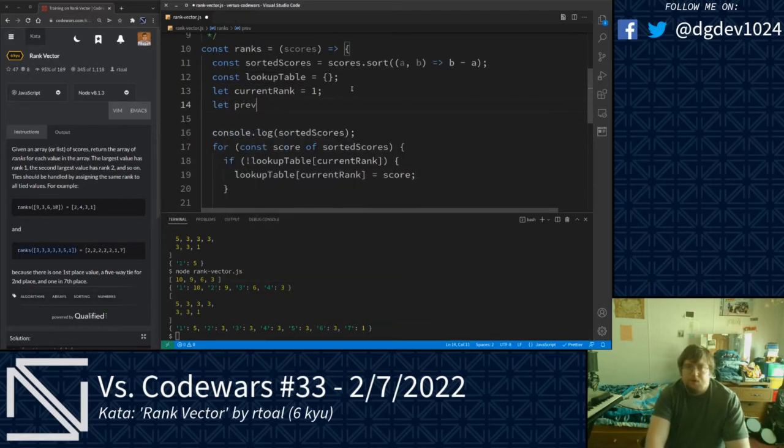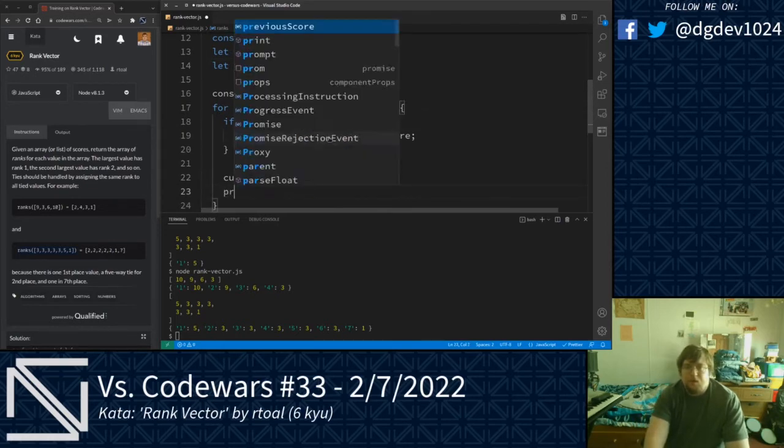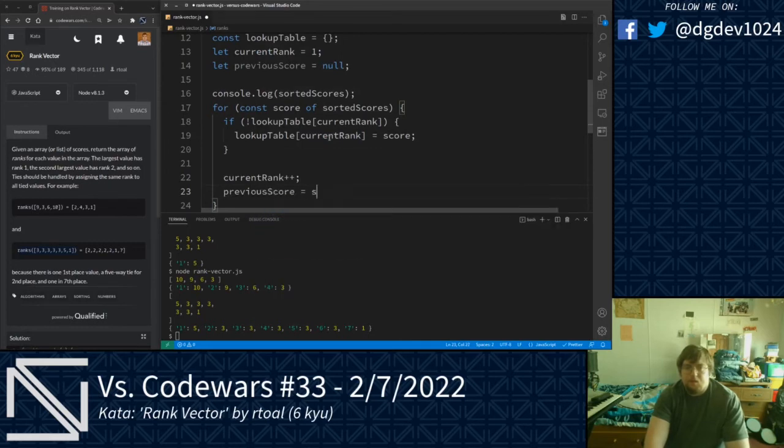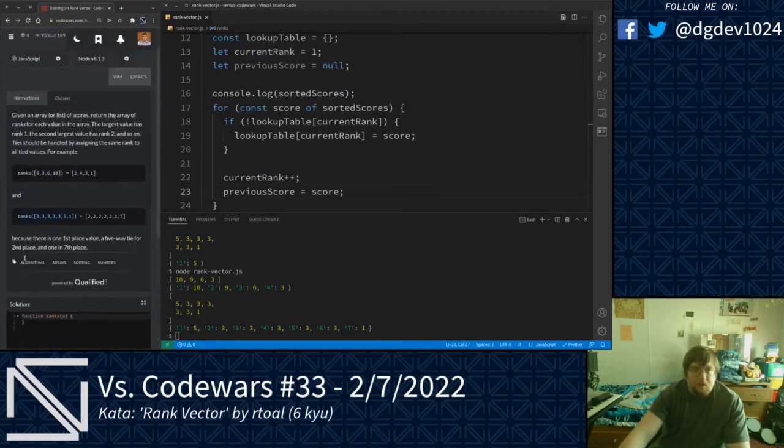Let previous score was null, and we're going to go ahead and set that previous score here. Now, I can probably expect there to be negative numbers here, so